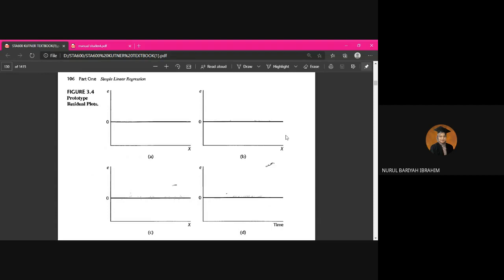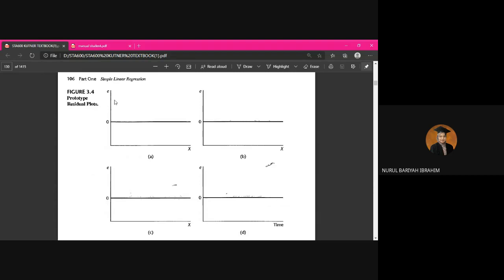On page 106 there are some examples in Figure 3.4 of the residual plot, which is the residual versus X. A is where the points are scattered randomly around 0. It develops a horizontal band,